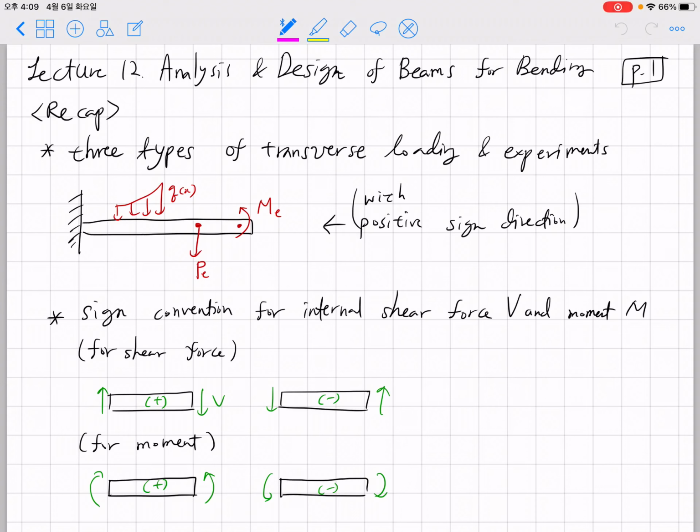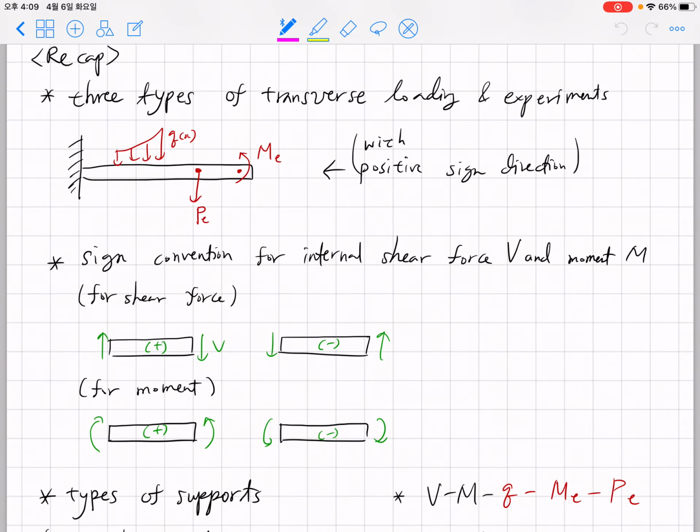Hi everyone. Today we'll continue our discussion on the analysis and design of beams for bending. Before we begin new content, let me give you the review for the previous lecture. So in the previous lecture, we discussed three types of transverse loading,